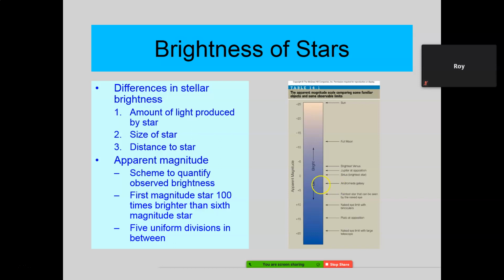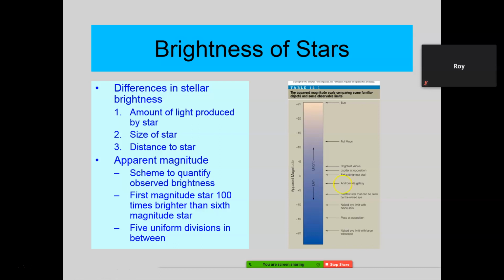Not a star, it's a collection of billions of stars, okay? It just happens to be bright enough, and it's the closest major galaxy to us, so we can see it. You can't tell it's a galaxy unless you have a very, very powerful telescope. And then you'll see it's a collection of stars.